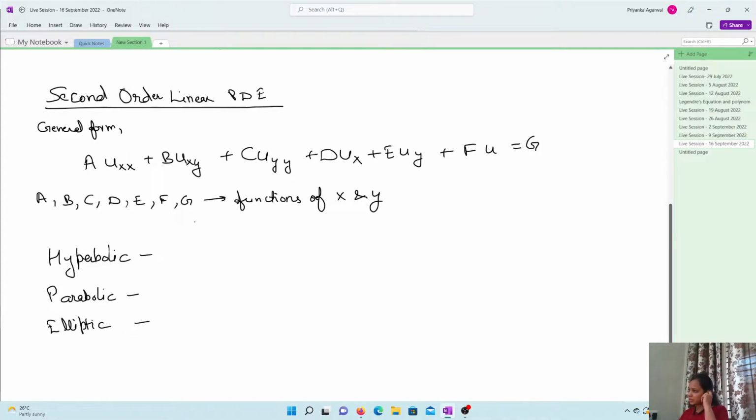Now as in quadratic equations, we define the quadratic equations as hyperbolic, parabolic and elliptic. Same goes here. So let's see delta, which we define as b square